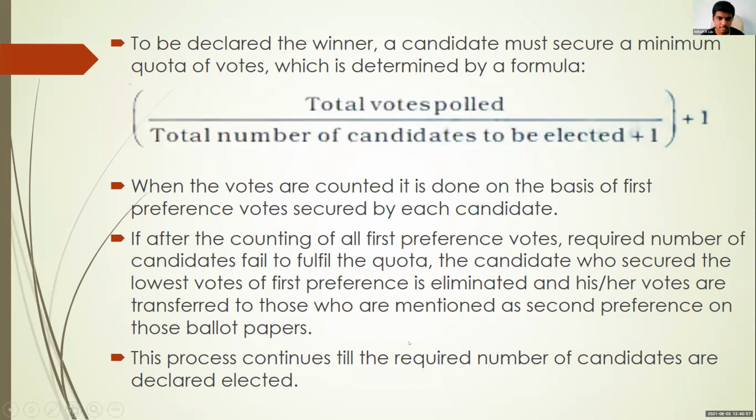When the votes are counted, after counting all the first preference votes, the required number of candidates to fulfill the quota is checked. Not only the number of votes are counted, but each state has a specific quota, as I mentioned earlier, and the quota should be fulfilled according to the population of that particular state. If the population of a particular state is large, that much amount of seats are reserved for that state. And the process continues, re-administering the first preference votes to those who get the second preference votes and third preference votes, till the required number of candidates are selected.